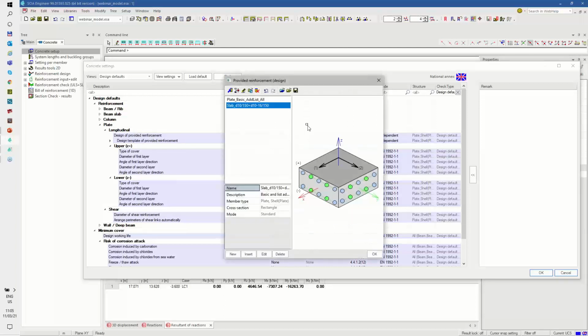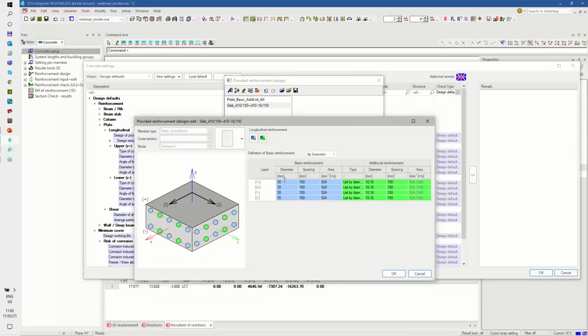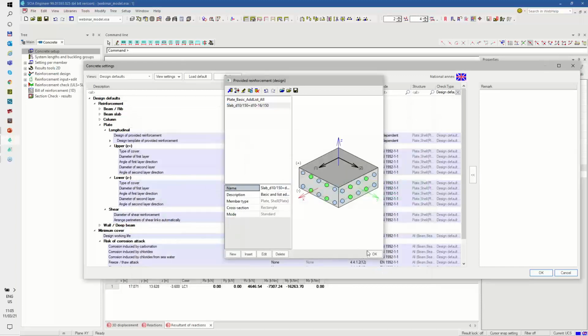What I can do also to quickly say I'm using the template of provided reinforcement. So the required reinforcement will be covered by some real provided bars, and I can explore what will be here. So actually I will use the same diameter 10 for the basic reinforcement with spacing 150, and this basic reinforcement is applied everywhere, doesn't matter if it's necessary or not. And for the spaces where I need additional reinforcement, it will be designed either diameter 10 or 16 with the same spacing based on the required reinforcement area. Okay, and basically that's it